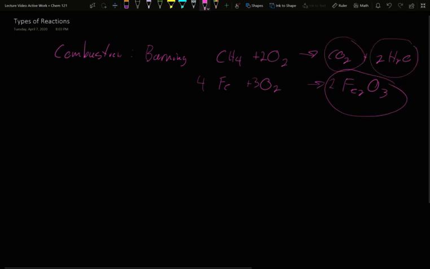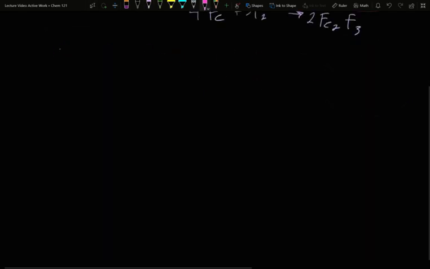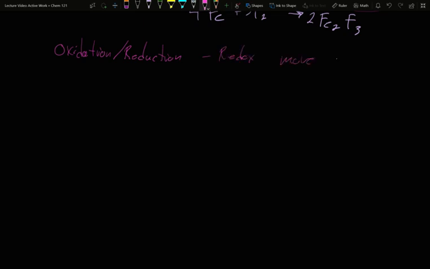Now, don't confuse oxidized with oxygen. The names actually go backwards. Oxygen got its name because it causes oxidation. There is oxidation, reduction. These are more commonly known as redox, and they move electrons. So if we think of a formula, Fe2O3 plus aluminum goes to